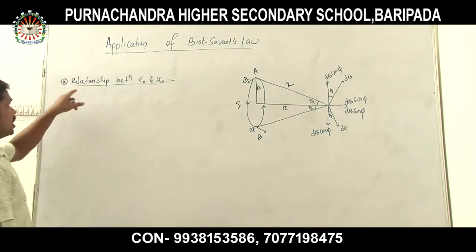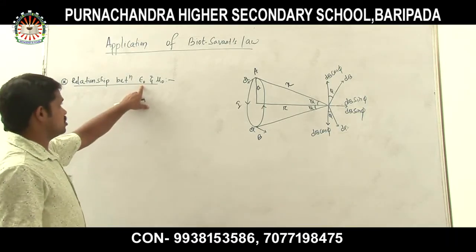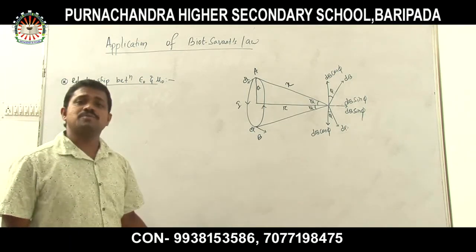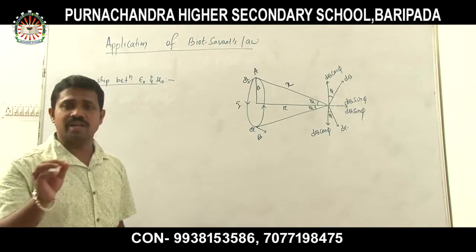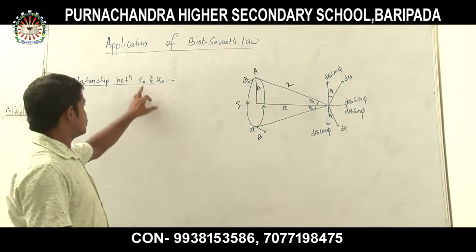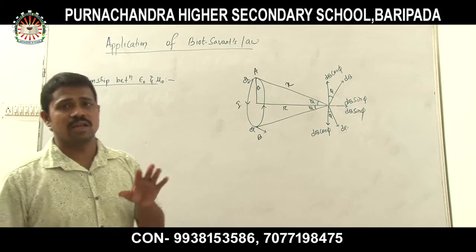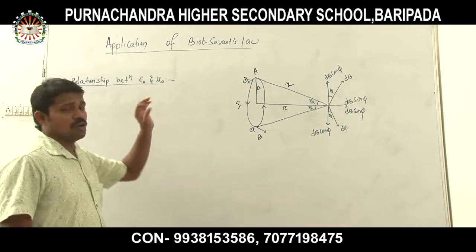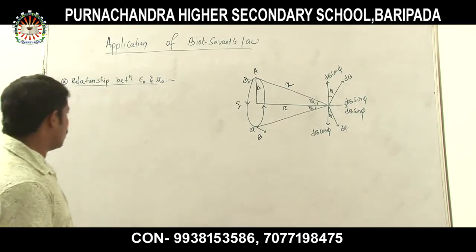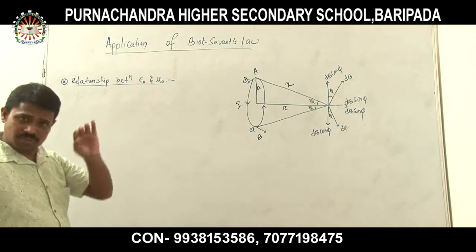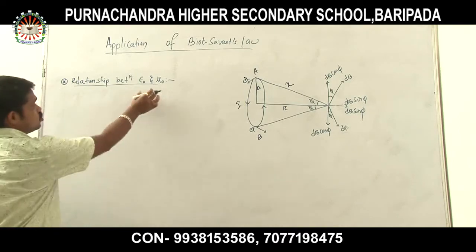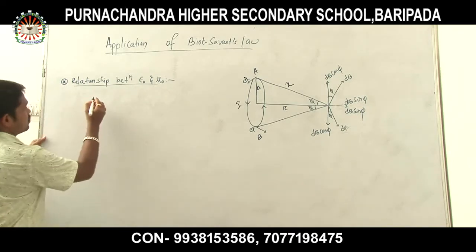So that is the relationship between epsilon 0 and mu 0. We know what epsilon 0 is. Epsilon 0 is nothing but the permittivity in free space, and mu 0 is the permeability in free space. Epsilon 0 we have calculated in the electric field, whereas mu 0, the permeability, we have calculated in the magnetic field. So now we have to find out the relation between these two, which is very important. How can these two be related with each other? So let us find out.